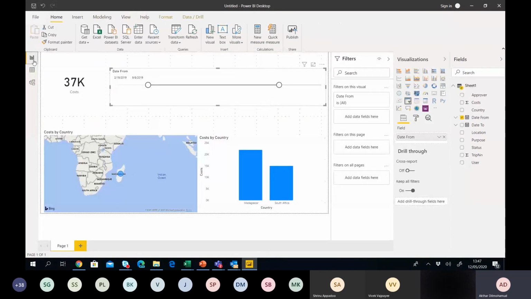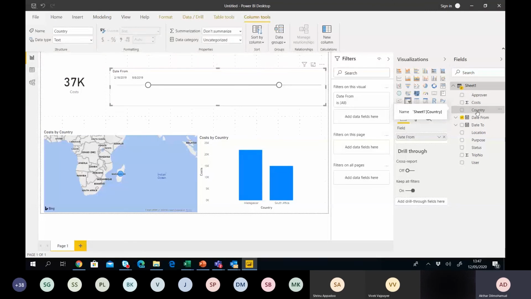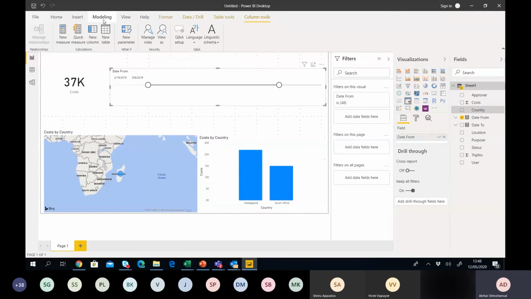So if I go back to, for example, my country column, I want to say that this is formatted. Right now, there's no format attached to it. Power BI doesn't know, even though it managed to find it in the map. So to make this more precise, we can start formatting this data. For example, country: in the modeling tab, select country, and then,